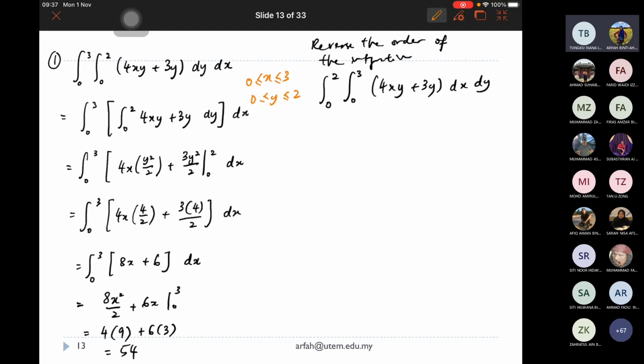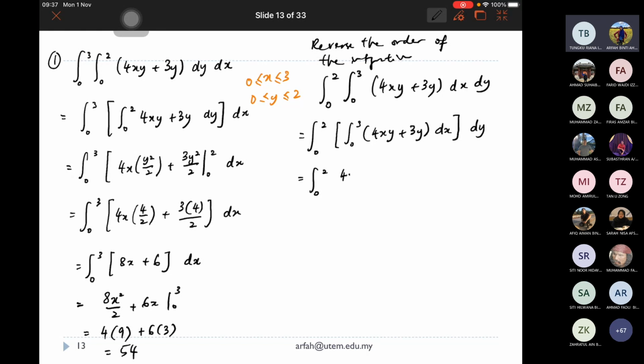So, reversing the order, this one you are going to have sama dengan 0 kepada 2, integrate 0 ke 3, 4xy tambah 3y. Okay. Dx, dy. Sama dengan 0 ke 2,